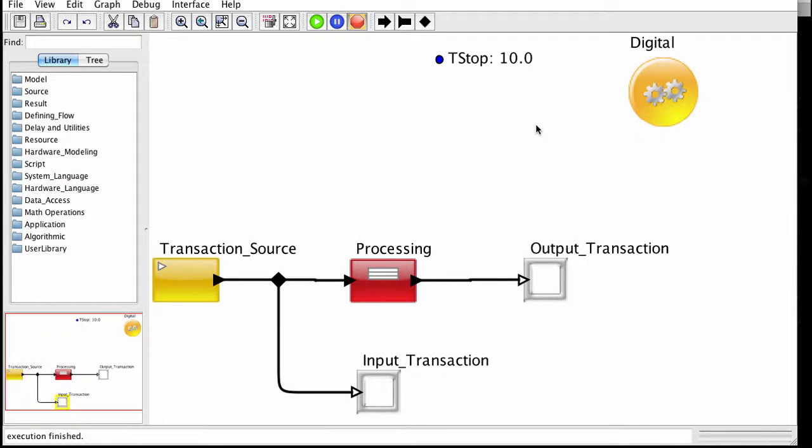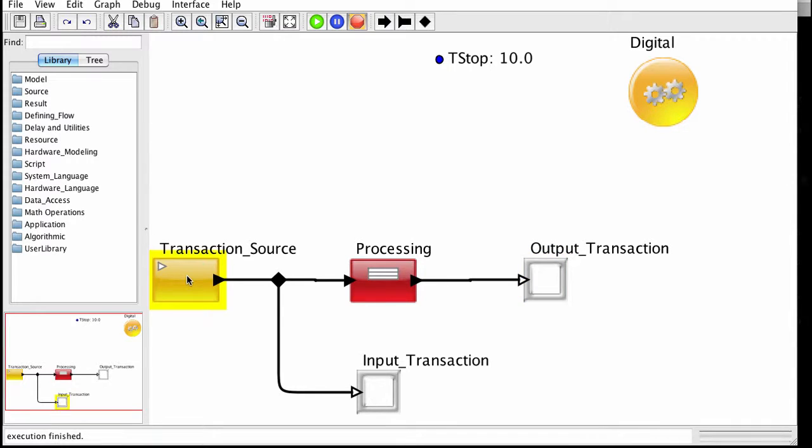So consider the following design in Visual Sim Architect. Here we have a transaction source that is outputting transactions to a processing block which transforms the transaction, and in our case, as you'll see in a second, we're adding a couple of fields to the incoming transaction and outputting that transaction to the rest of the system, in this case a text display which will allow us to view that transaction. And one of the things I'm going to be showing is a comparison between the transaction that is input to the processing block and the transaction transformed to the output